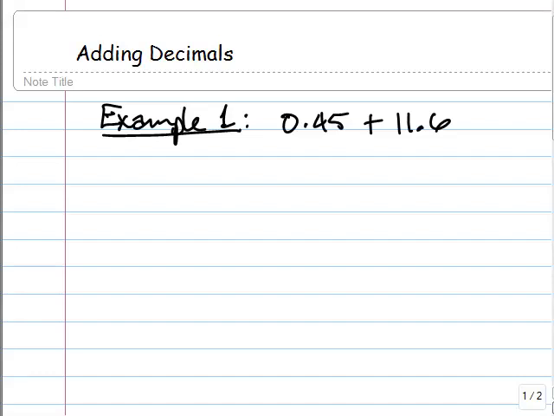Let's take a look at some simple examples for adding decimals. Here we have 0.45, or 45 hundredths, plus 11 and 6 tenths. The first thing we should do is to write that vertically,